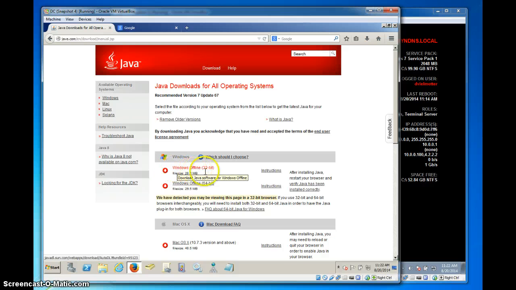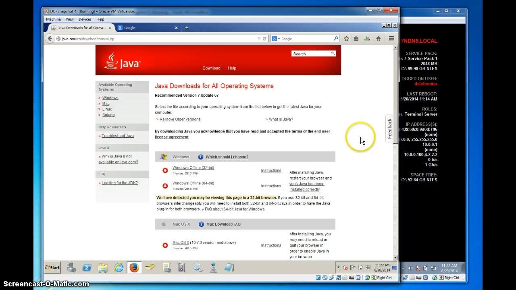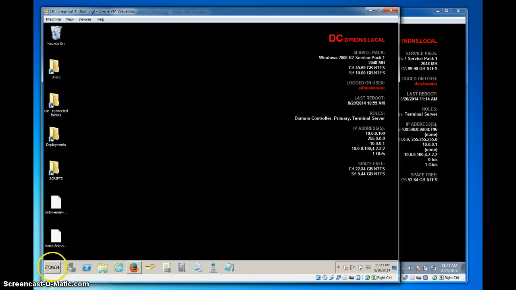This will allow me to download Java as an offline installer, the whole file, and it won't necessarily bundle the program with some of the crapware that Oracle usually sticks on it, like Chrome or the McAfee system scanner. Alright, so once I've downloaded that, I'm going to launch that